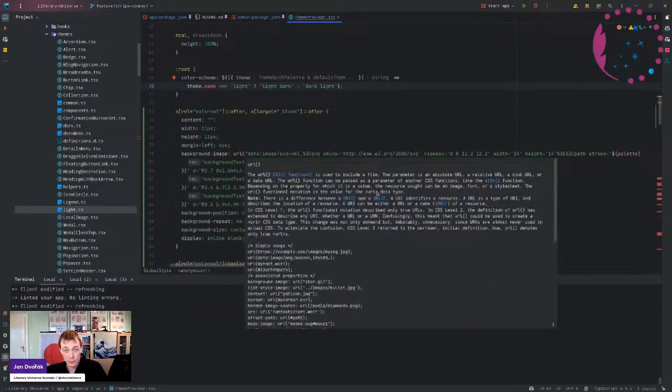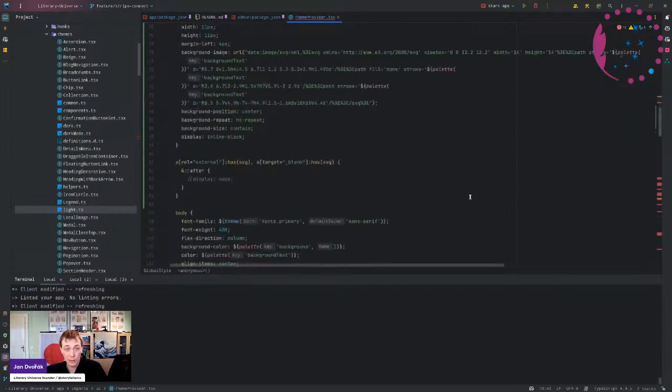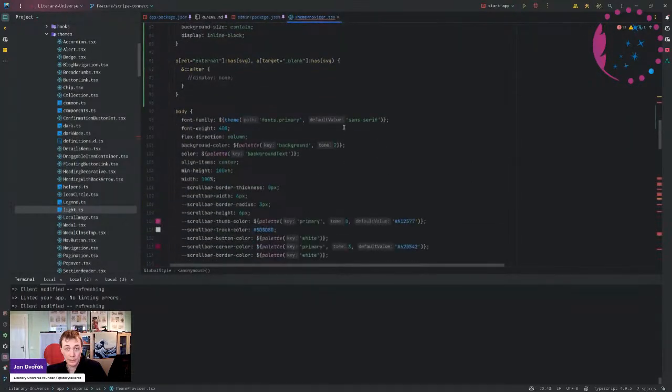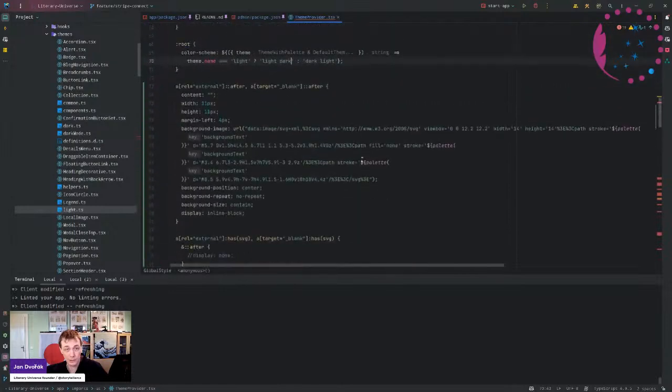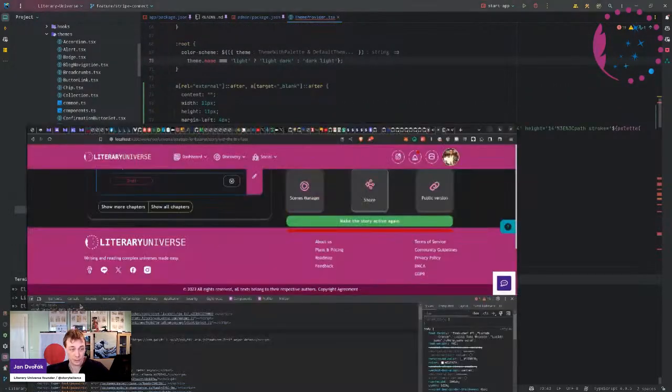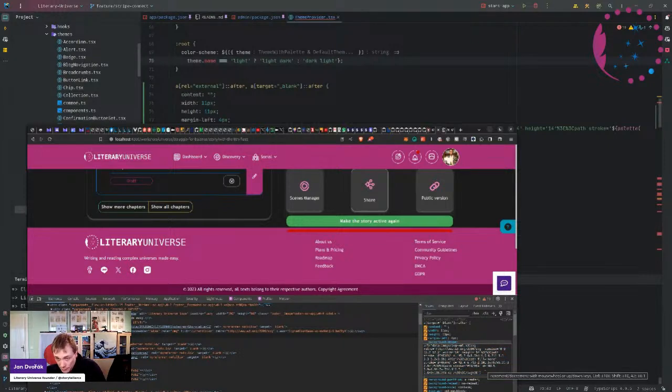Stroke, palette. Let's see, we have palette working just fine. So the fill and stroke is FAAA,